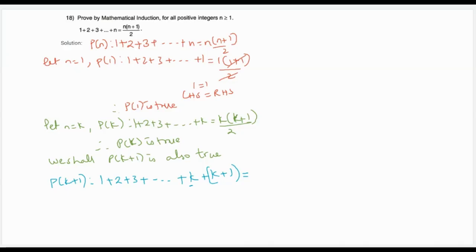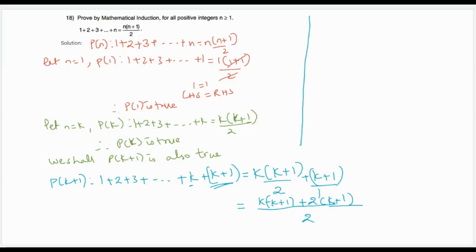So it will be whatever you have added here, the same thing you will add for your RHS, plus k plus 1. Now taking LCM, we can write k into (k plus 1) plus 2 into (k plus 1), divided by 2. Now taking k plus 1 as common, we get (k plus 1)(k plus 2) divided by 2. So k plus 1 is as it is, and k plus 2 can be written as k plus 1 plus 1